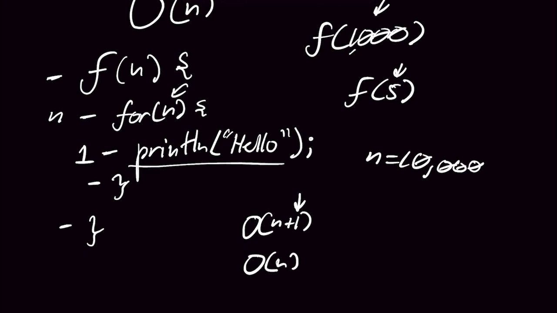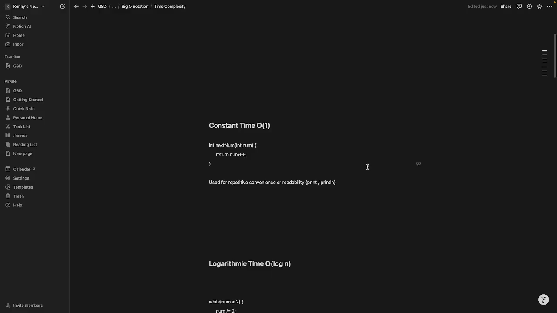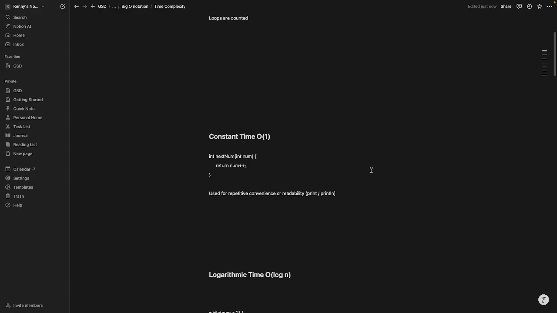10,000 plus 1 is not much different from 10,000. So as you approach infinity, the constants become insignificant compared to the output. So we drop constants, and this would be considered O of n. Now, we're going to go through some of the most common examples of time complexities, and the most common one,